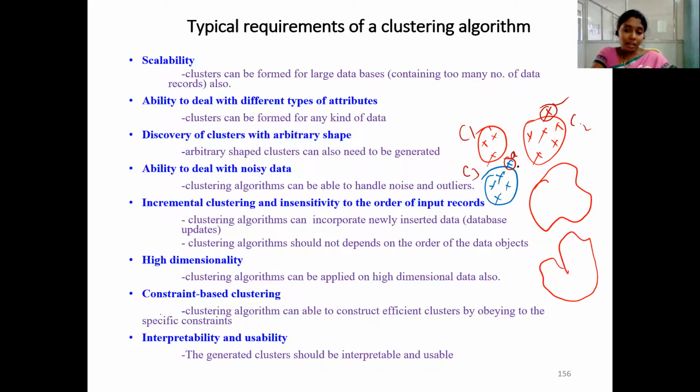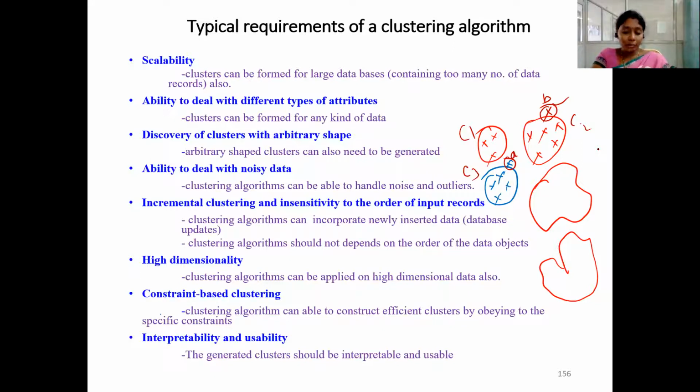This point, let's say A, belongs to cluster C3 only, and this one, B, belongs to C2 only. But because of the restriction that only spherical shaped clusters are generated by the particular clustering algorithm, they can't include A and B into clusters C3 and C2 respectively.